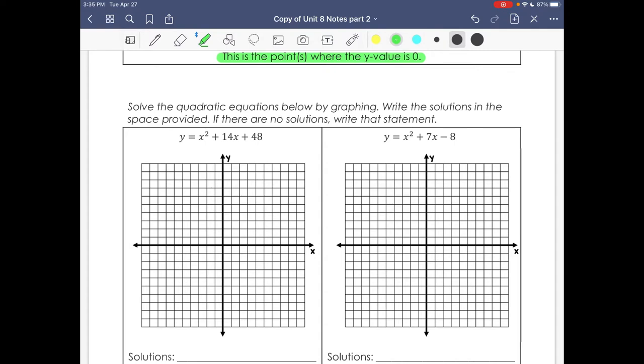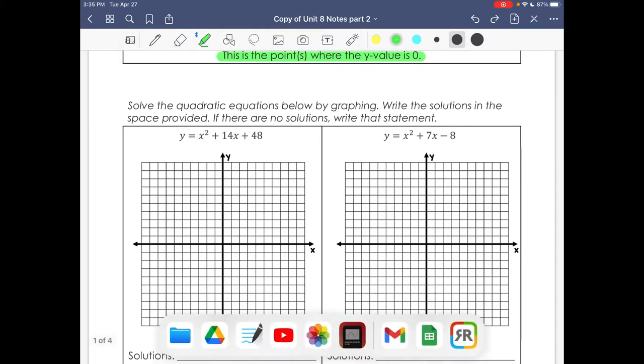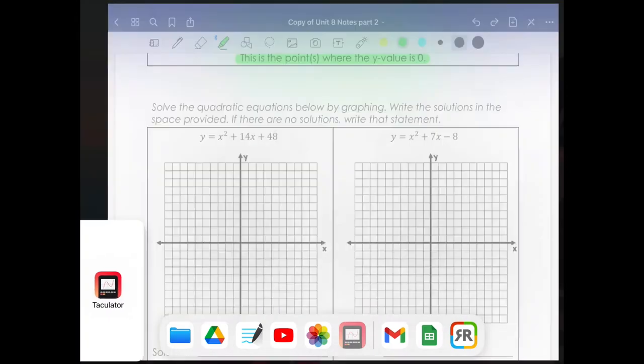Now, it is important before you graph these that they are in standard form. So they have to be like this: y equals, and then x squared plus whatever x plus whatever at the end. So if they're not in standard form, you do have to rearrange them in order for that to work. Now, just like we did before, we can use our graphing calculator to help us